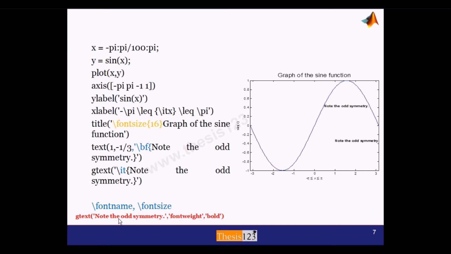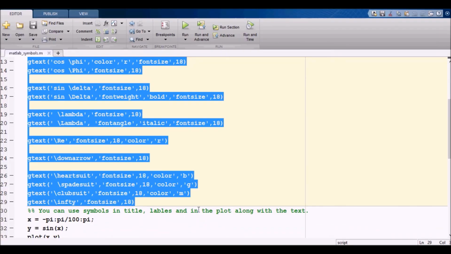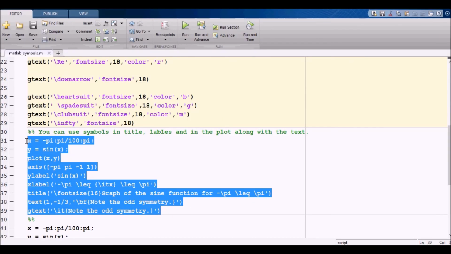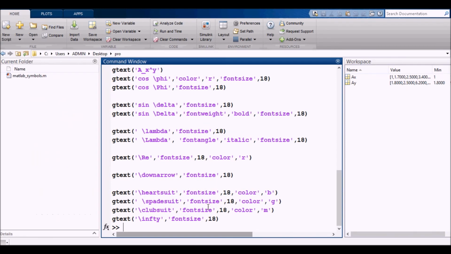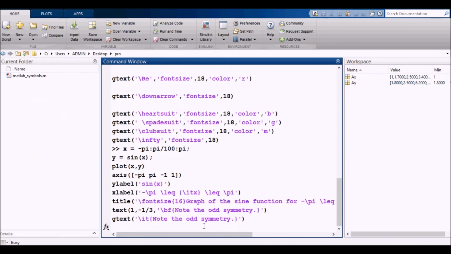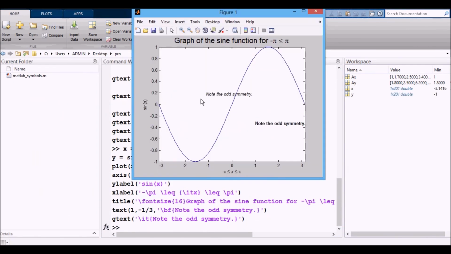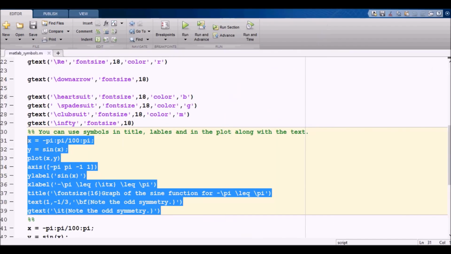And then as I told you already, the G text also we can use with font weight and bold, something like this way also. Instead of using this bold italic font weight outside, we can also use it inside. I am just using this program. This is the program I have already written. You can visit my site and see the code we have written.